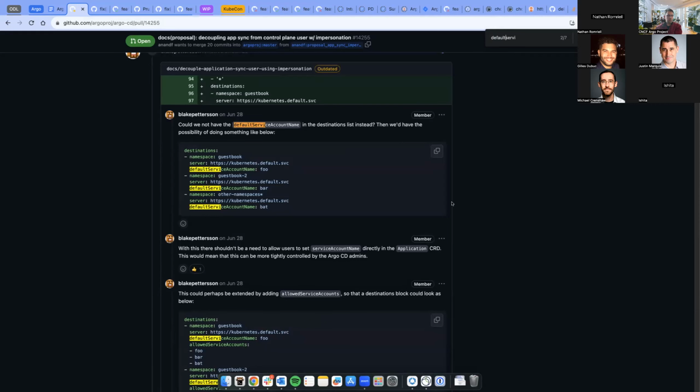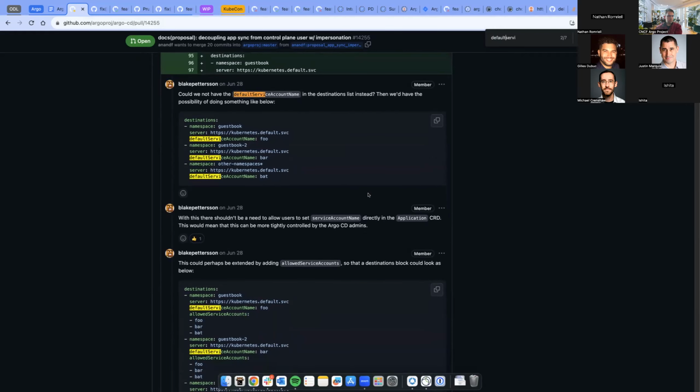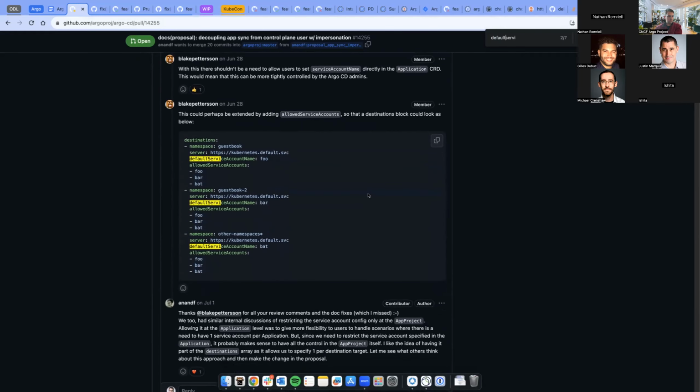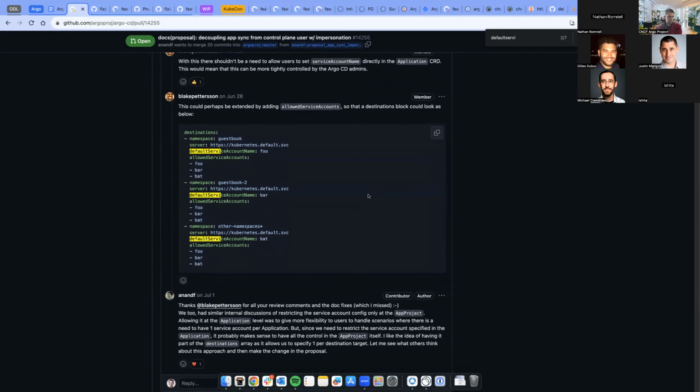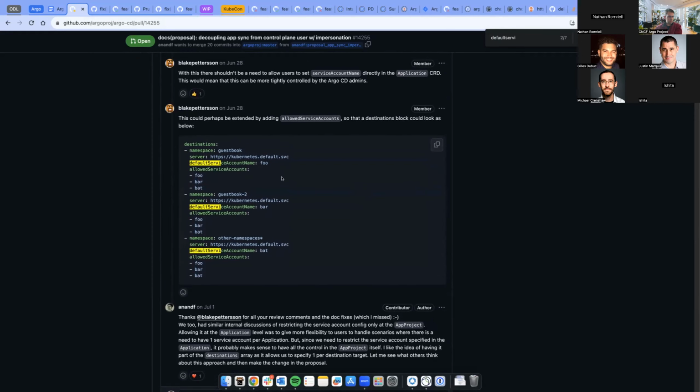Yeah, something like this. Can you scroll down below where there is a default service account name and allowed service accounts? So this will be set in the app project, and the application will specify what service account to use. So just wanted to hear opinions on what would be the best approach.